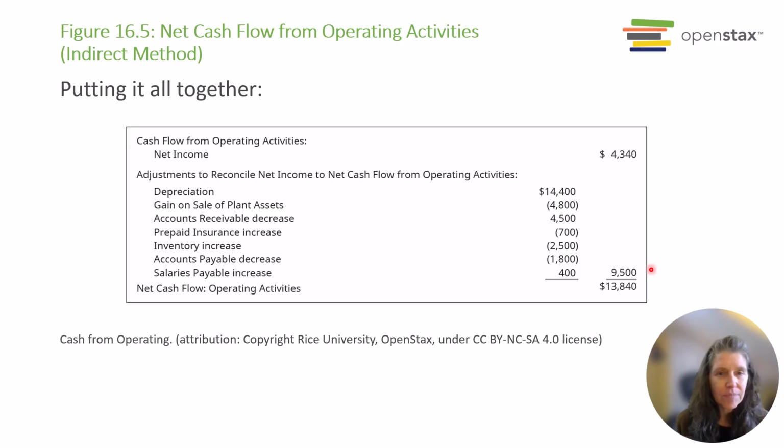So here, the subtotal, 14,400 minus 4,800 plus 4,500 minus 700 minus 2,500 minus 1,800 plus 400 equals $9,500. And that positive number plus my net income gives me a net cash flow from the operating activities section of